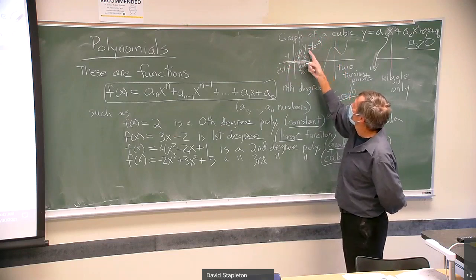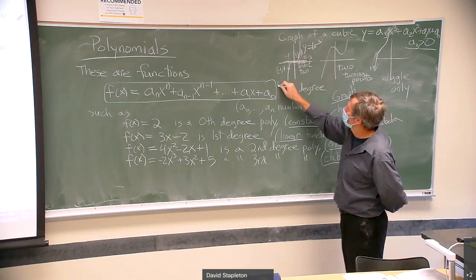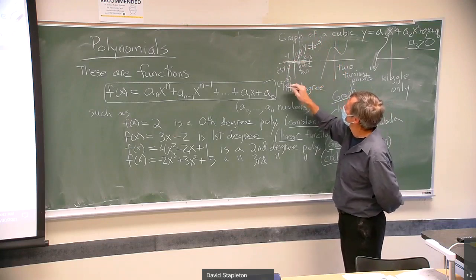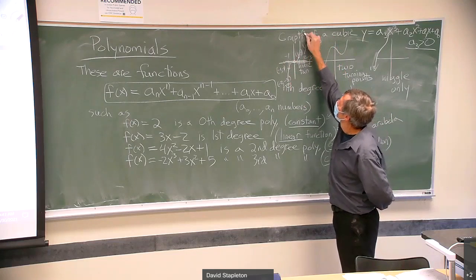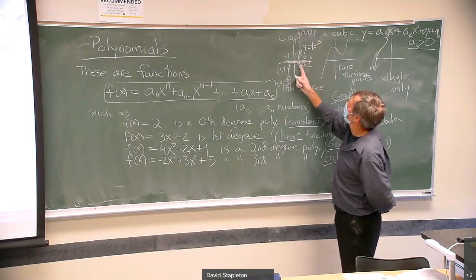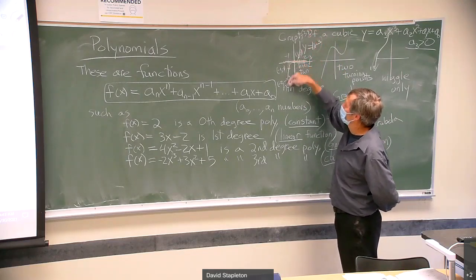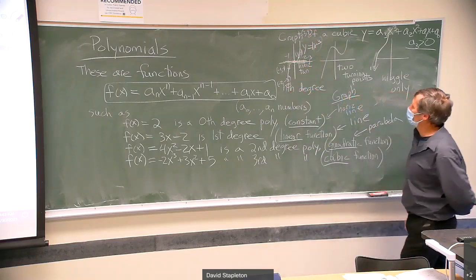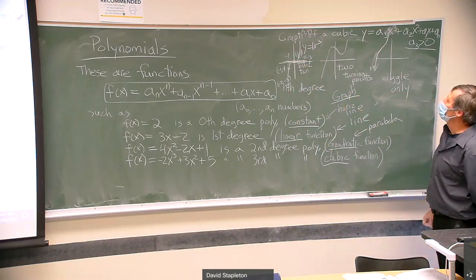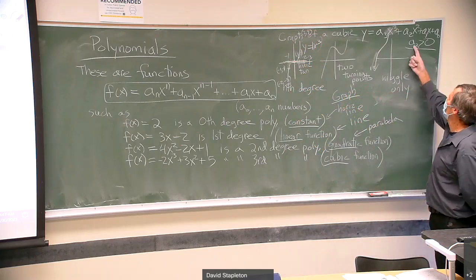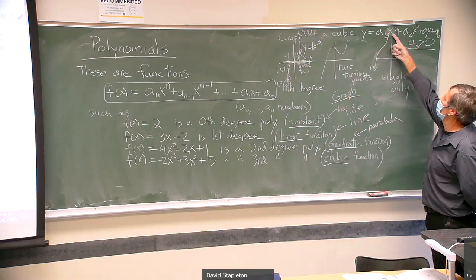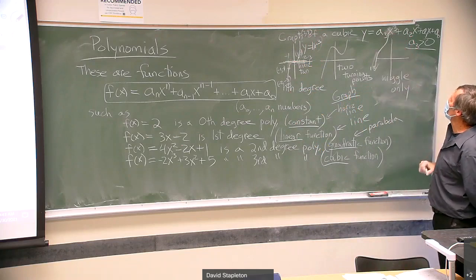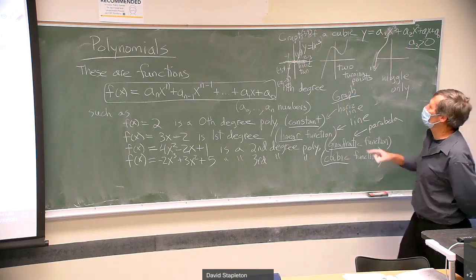If I put in negative 2, I get 1 times negative 2 cubed, which is down here, negative 8. And so what you observe is the further you go to the right, the further up this goes, and the further you go to the left, the further it goes down. This is standard for any cubic polynomial with a positive leading coefficient, the number that multiplies x cubed. Because what will happen is